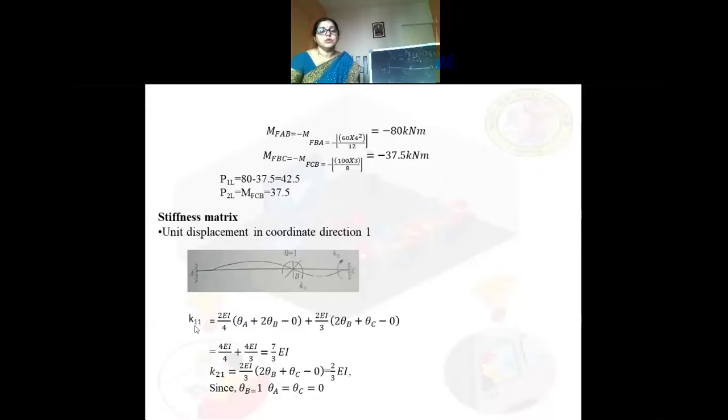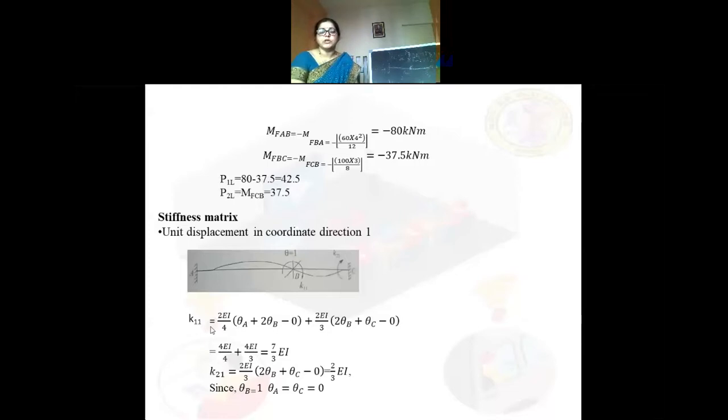K11 is what? K11 is equal to the force developed at coordinate 1 due to unit displacement at coordinate 1. What is the force developed at coordinate 1 due to unit displacement at coordinate 1? Okay, so that is equal to, you all know in slope deflection method we had discussed an equation, the slope deflection